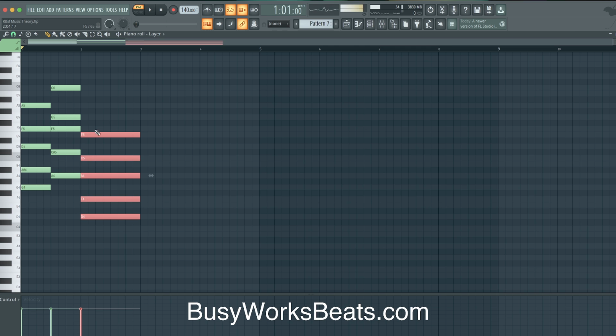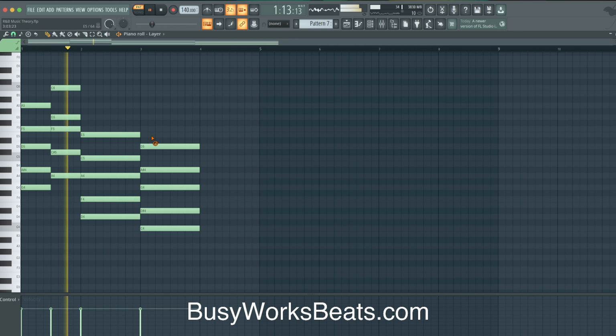Okay, so we're going to copy the same chord type. And now my ear hears that half step movement here. So I'm going to listen to what my ear wants to hear next as far as anticipating a note.